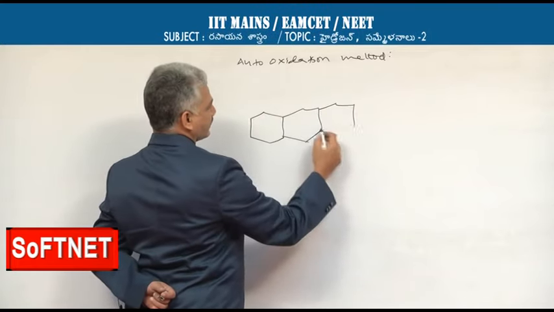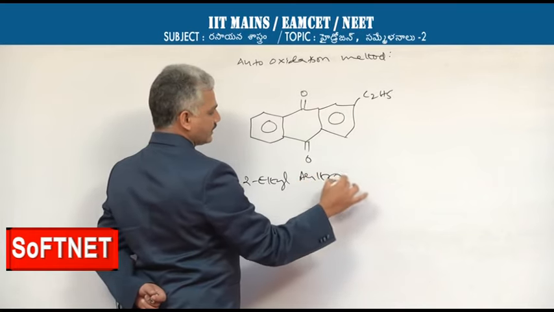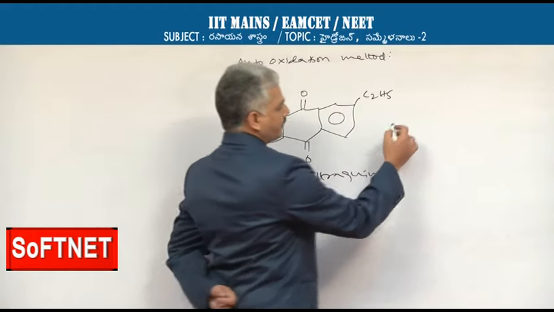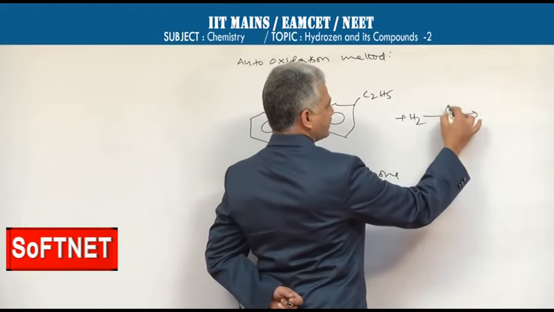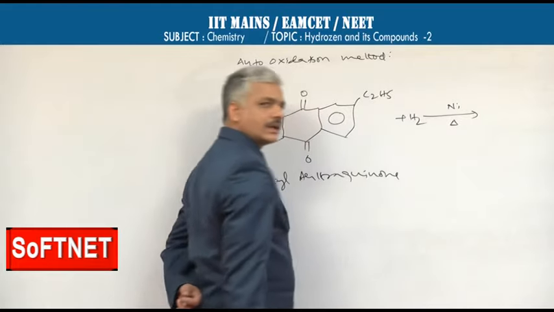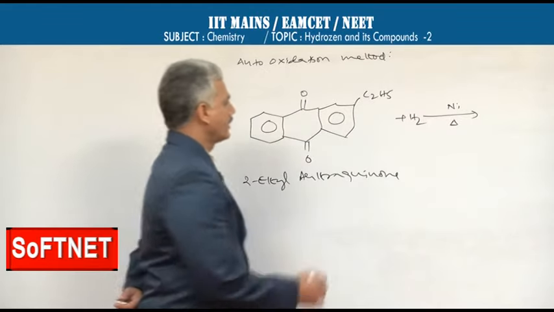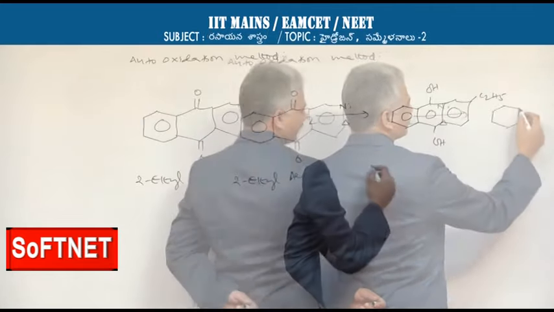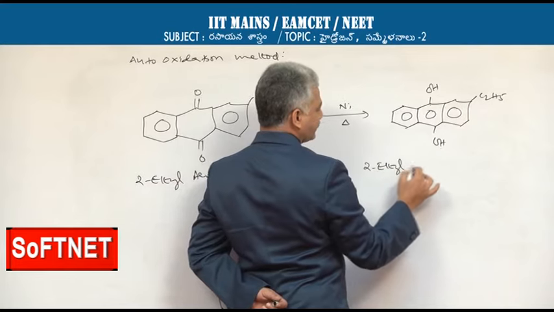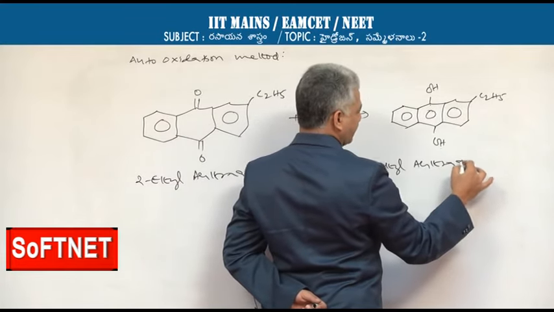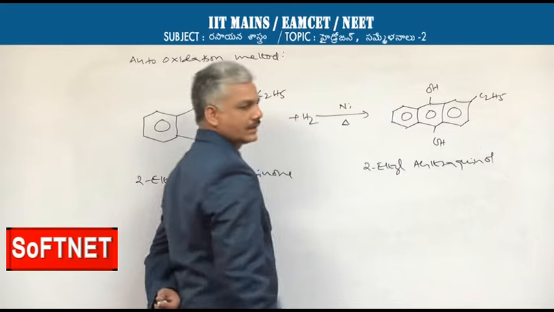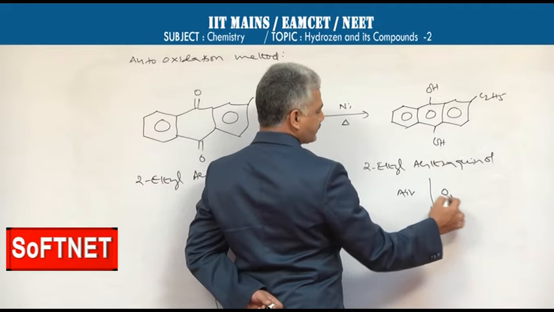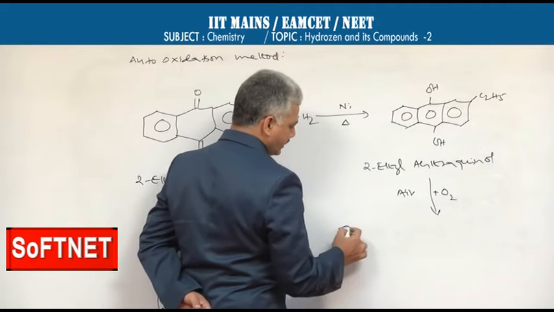this compound, 2-ethyl anthraquinone. This compound is heated with hydrogen gas in the presence of nickel as catalyst. Keto groups are converted into alcohol groups. This compound is called 2-ethyl anthraquinol. When it is exposed to air, it undergoes oxidation, and in that process